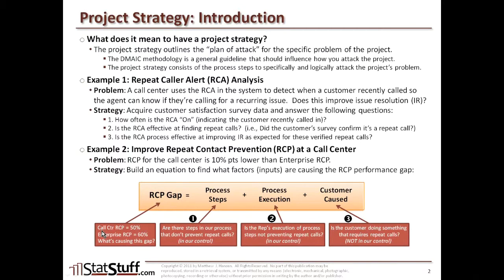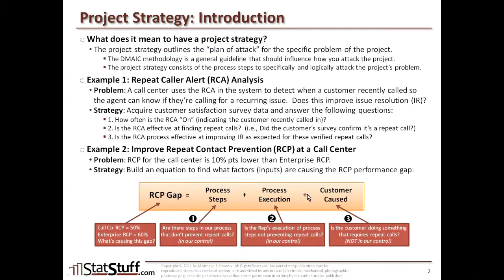So hypothetically, we might say this call center was at about 50%, where the enterprise was represented at about 60%. So there's the 10% gap maybe that we're receiving. So we want to first understand what's causing this gap. What are the factors that could be influencing this gap? So that gap, we said, is equal to